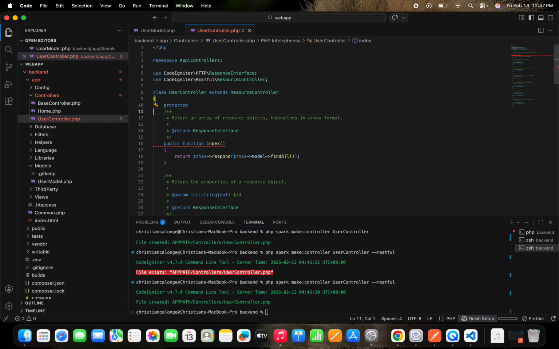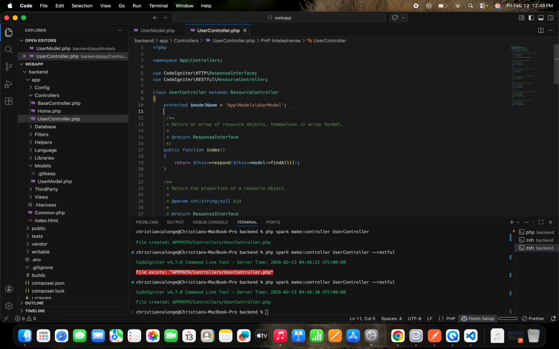Protected model equals, and then up here, the model name: the models namespace, and then the name of your model, UserModel.